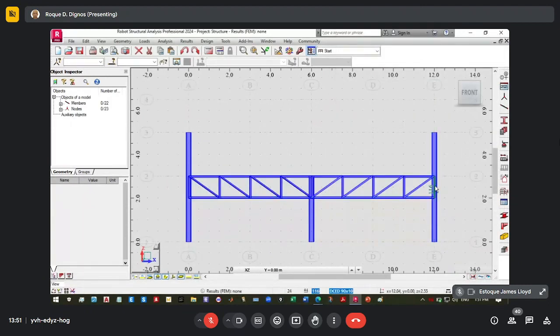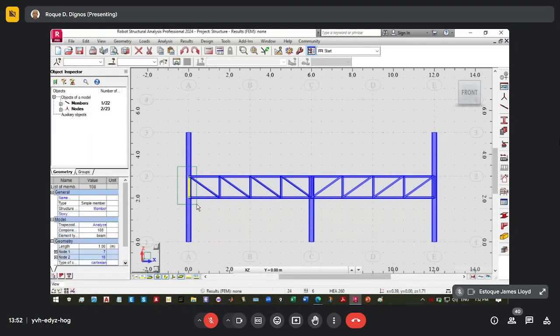If you notice, the three vertical members of this truss clash with a column. So what we do is we need to delete that. So window select.